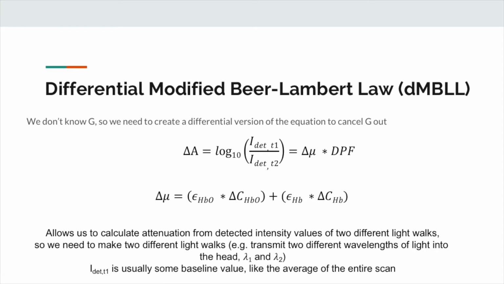And then the light intensity at T1 and T2 both matter, and T2 would be whatever this moment is, and then T1 is typically regarded as some baseline value. In a lot of the software packages that I've worked with, that's kind of an average light intensity over the entire course of the run. It doesn't really matter what you use as your baseline value because we're not caring about the absolute concentration values that we're calculating from this. We're caring about changes in concentration. And so what it's changing from doesn't matter so much. It just might be important to know how your software is calculating it.